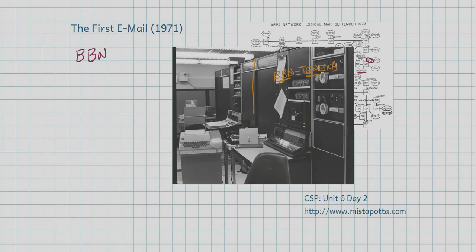And then back here, this is BBN-10XB. And so what Mr. Tomlinson did is he sat at this terminal back here. You can see this keyboard back here. And he sent an email message to himself at this other computer. So he's basically sending a message to Tomlinson at, and of course he was the first person to actually use this at for electronic mail, BBN-10XA.